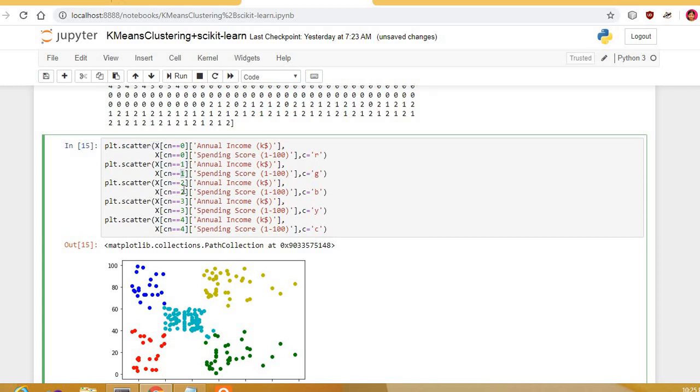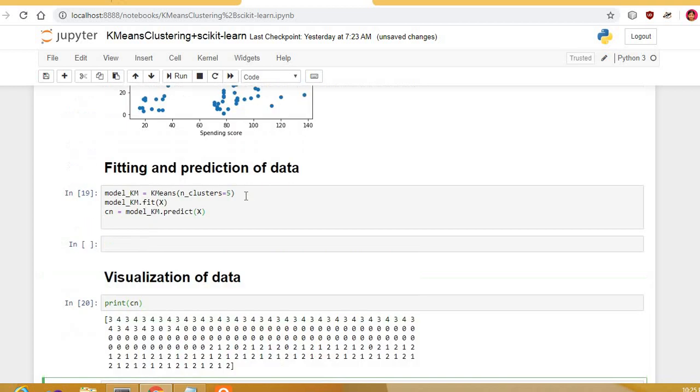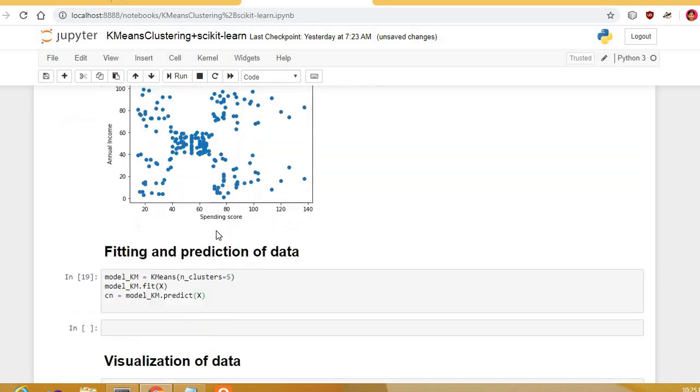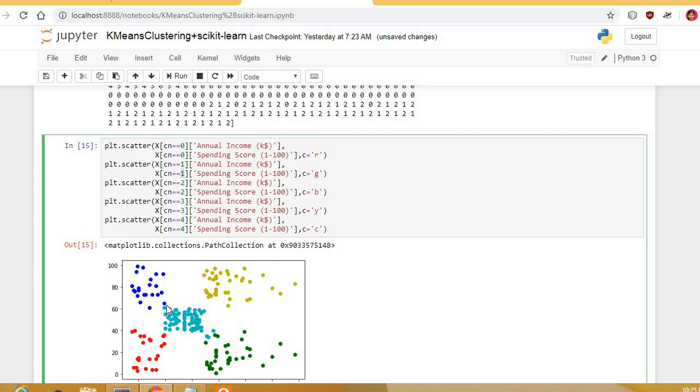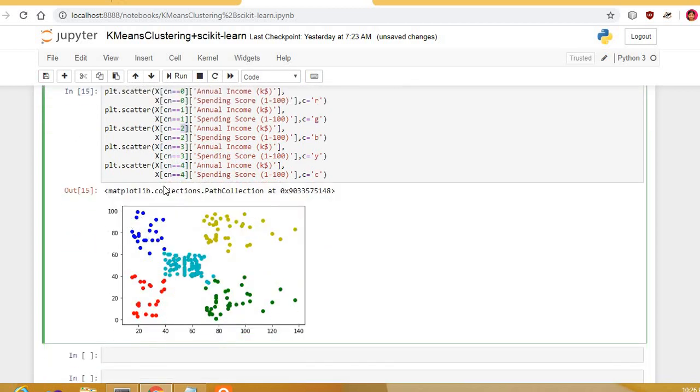It is a very good algorithm where you can assign the cluster number to the data points which we have plotted and visualize the data initially. From this we can get an idea of how the clusters can be formed. In the picture we can see how the clusters are formed by assigning cluster numbers on the basis of their data plots. With respect to the cluster numbers, we have plotted with annual income and spending score, and visualized the data.